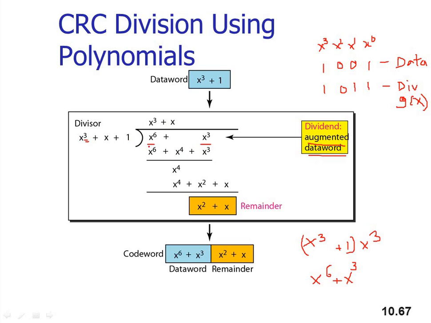Okay, so simply XOR it. After XORing, since the terms are equal, this will be 0. This will be again 0. So here it is 0 and here it is 0. So 0 and 1 will form x4 as it is. Its coefficient is 0 and its coefficient is 1. So because of that, the x4 term will come as it is.